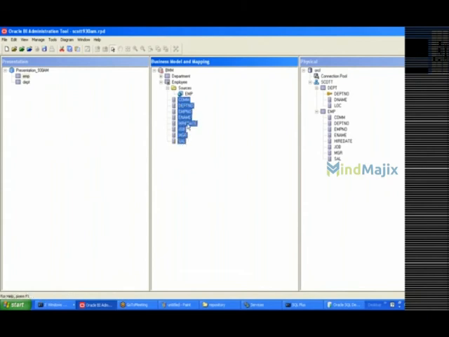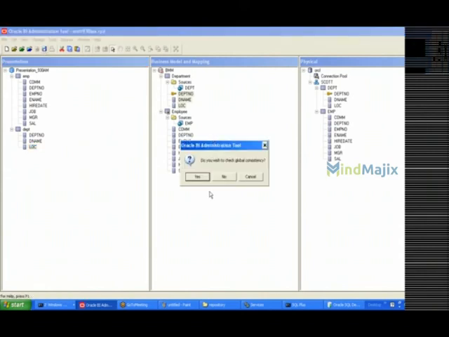Now into this employee table, whatever columns I require, I can select those columns. Let me think, I want all the columns. Then you can select all the columns and drag and drop onto the presentation table. So this is the presentation table, and these are the presentation columns. Now let me provide the objects into the department presentation table also. I have selected all the columns, and drag and drop onto the presentation table. Okay, so we got all the tables.